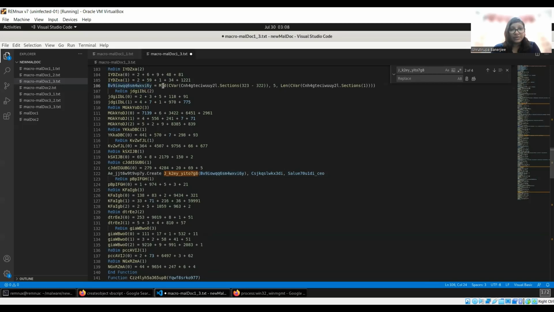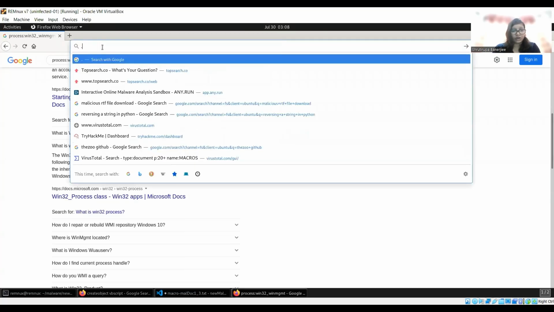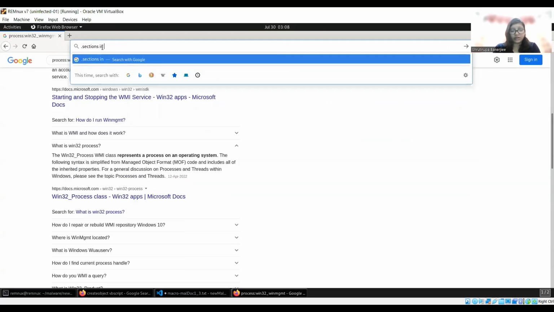So here we can see mid cvar. This is another thing. Let's see, has it been defined anywhere? Yes. Twice. So maybe it is just random characters, dot sections. So let's try to understand what dot sections mean. Dot sections in